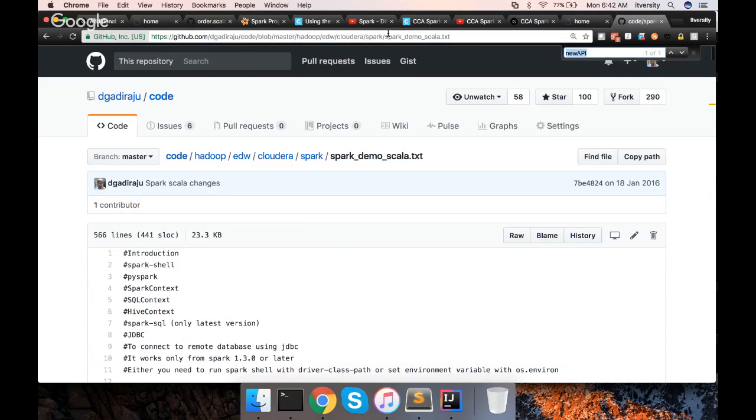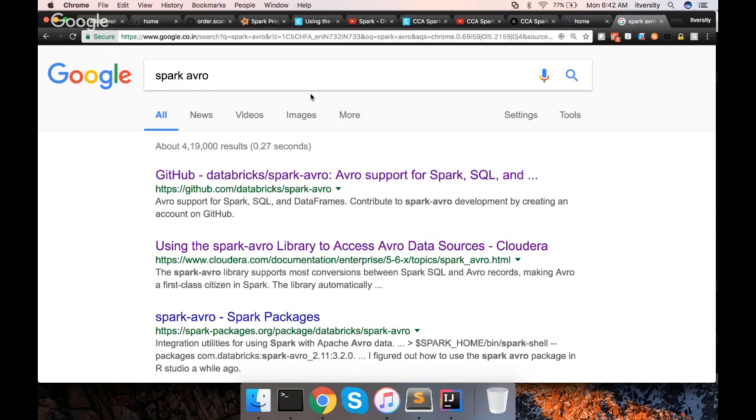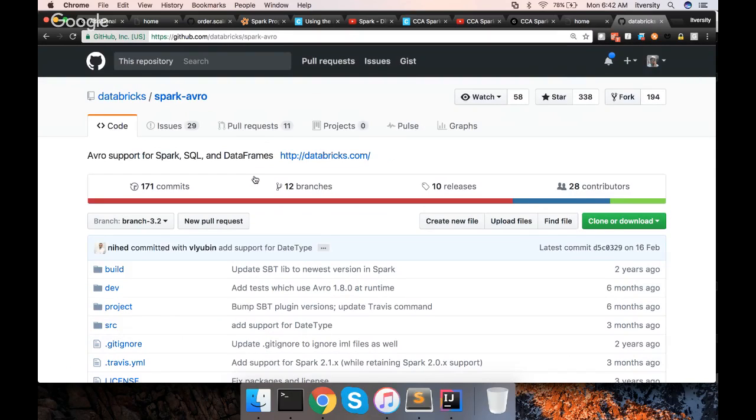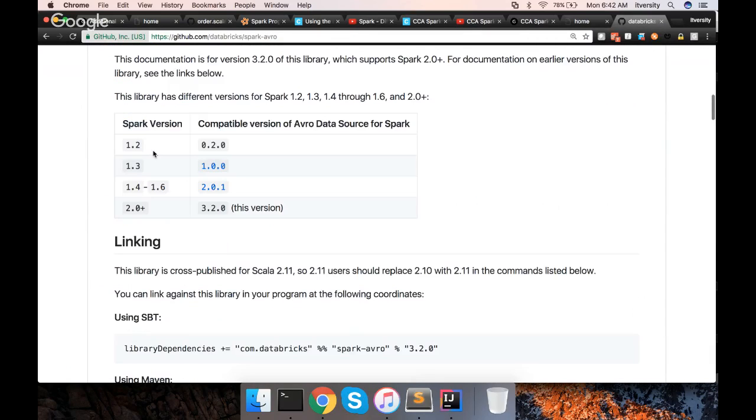Here I am searching for Spark avro and going to the Databricks repository of Spark, and you will get all the details. This is the compatibility table. From 1.4 to 1.6, we have to use 2.0.1, and for 2.0.x, we have to use 3.2.0. So don't try to use this directly. Make sure your version is compatible.